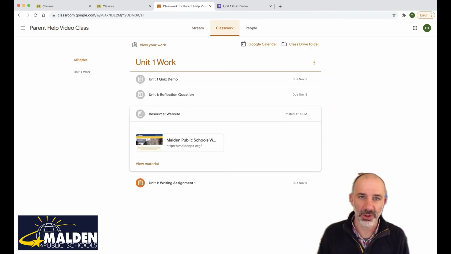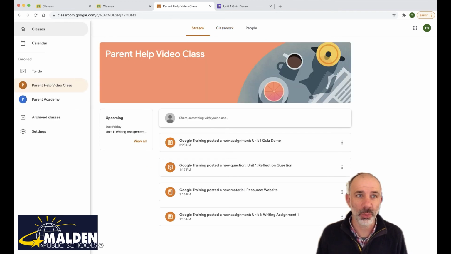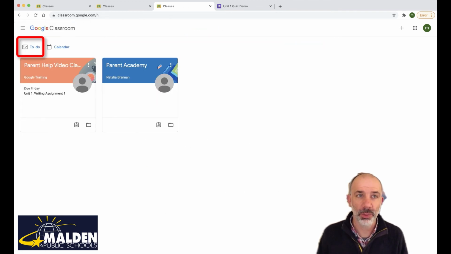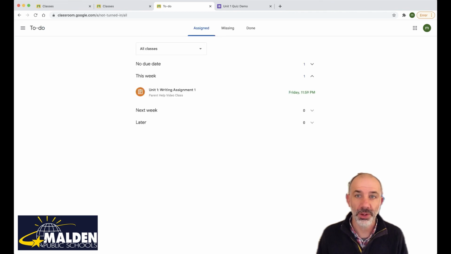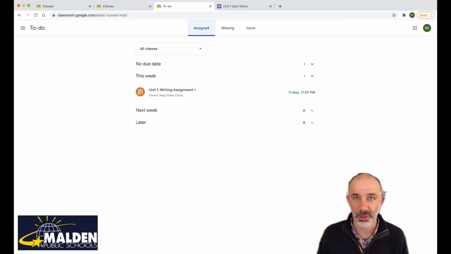Now, like I mentioned earlier, when students are working in the Classwork tab, they will have the ability to turn in their work. When they turn in the work in the Classwork tab, it will remove it from their to-do list. Notice on the to-do list, I have one outstanding assignment that's tagged with a due date. If I were to complete that assignment, it would pull off of this to-do list as an outstanding assigned work. It would move over to the done category.